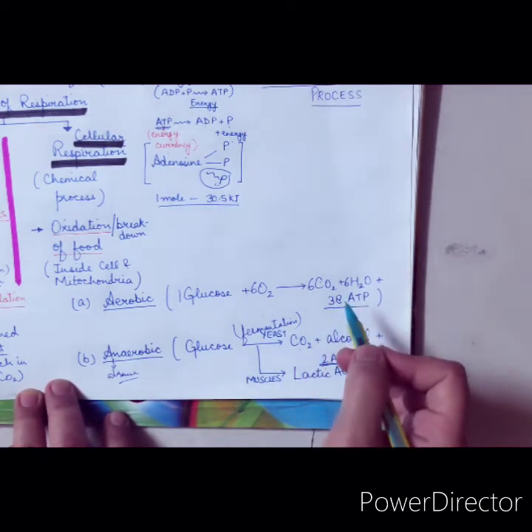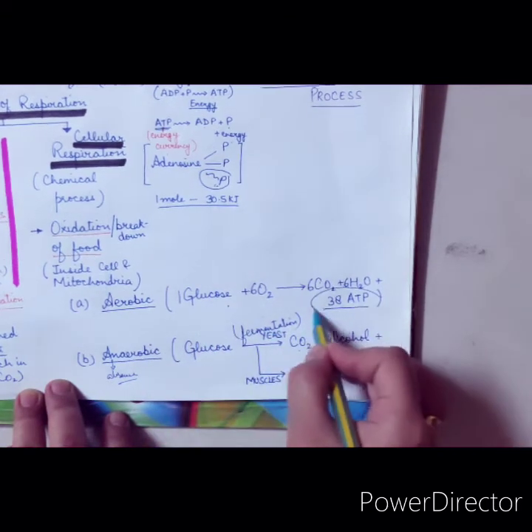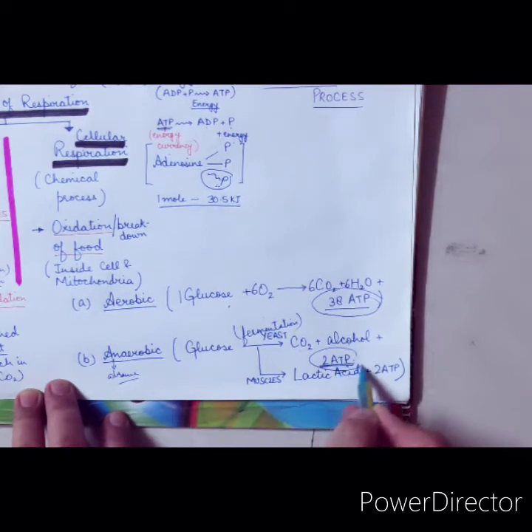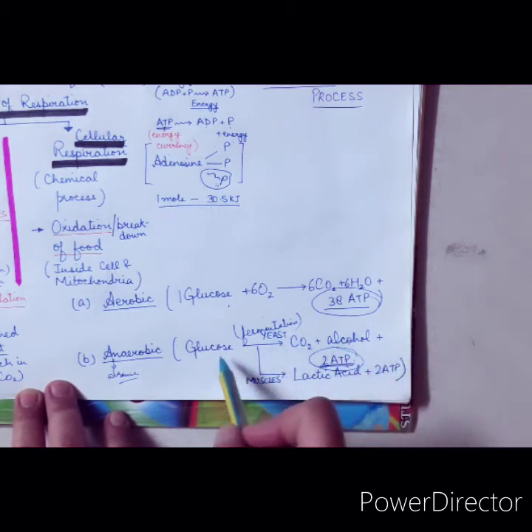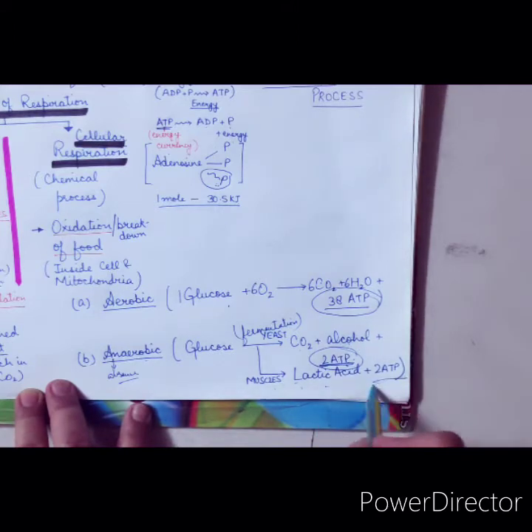So you can strikingly see the difference: if there is complete oxidation of a glucose molecule, it releases 38 ATP, and if the oxidation is very less, in the absence of oxygen, the production of ATP also declines. Likewise, in human beings, when our striated muscles need energy and oxygen is not available, the body still requires energy, so the glucose is broken down in the absence of oxygen, again anaerobic respiration. This produces 2 molecules of lactic acid with 2 ATP.